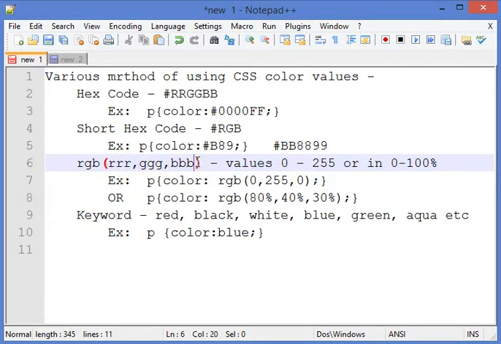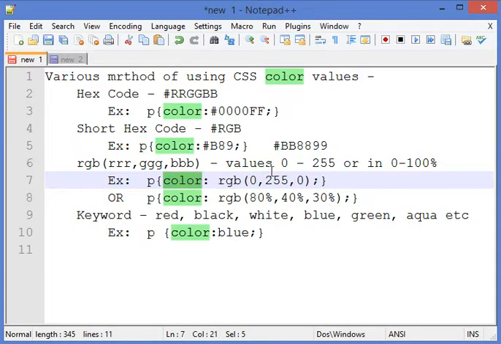Here is an example. Suppose I want to set the text color of a paragraph using the RGB function. I want 0 red, 255 green, and 0 blue, meaning its color should be full-fledged green because there is no portion of red and blue.